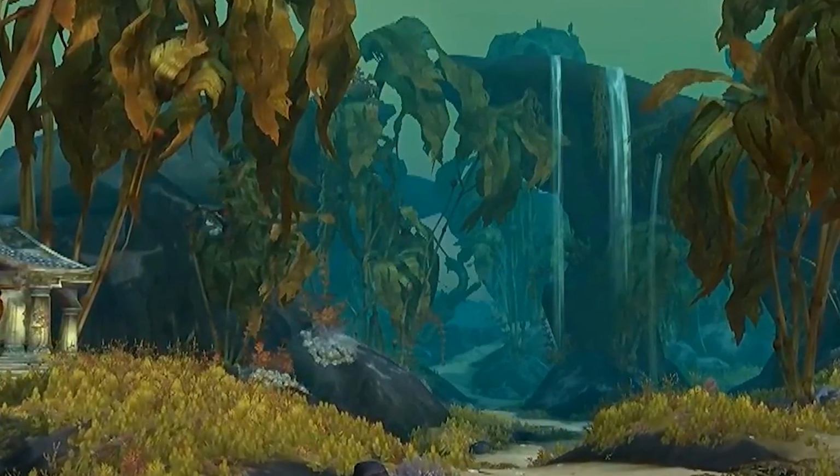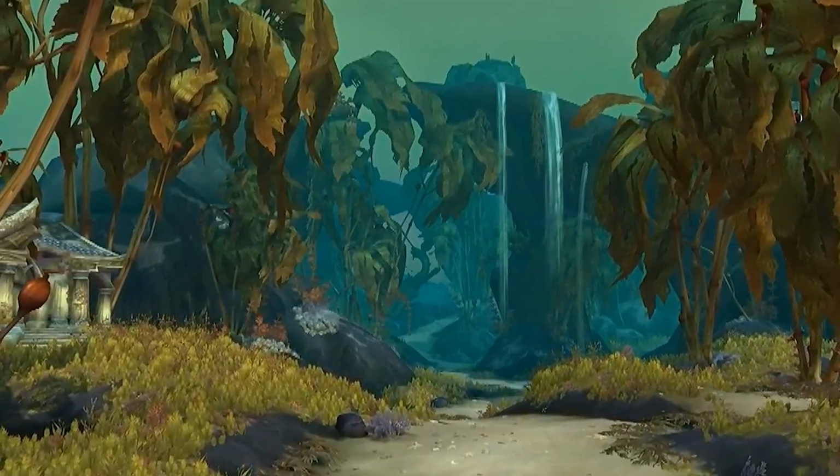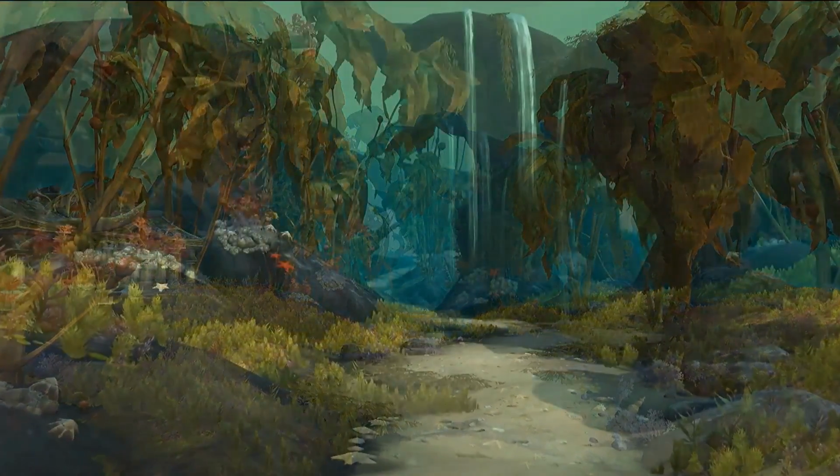You can see here in the background as well, you've got these huge cliffs with water just pouring down on them. It seems like there's probably going to be some sort of cutscene where Nazjatar either rises from the water or the water parts ways, similar to Moses or something like that. It's going to be a really epic cutscene bringing us into Nazjatar, and I really can't wait to see that in patch 8.2. So as we move on from this clip, we get another angle of the Kelp Forest